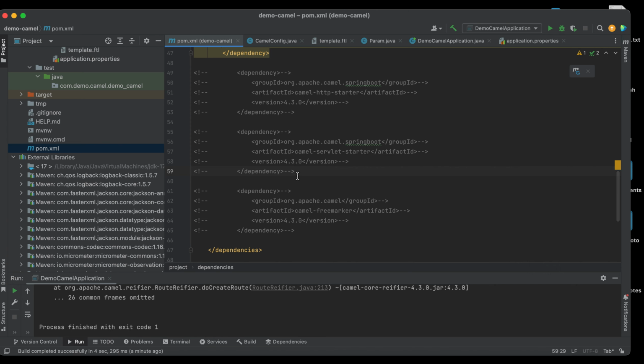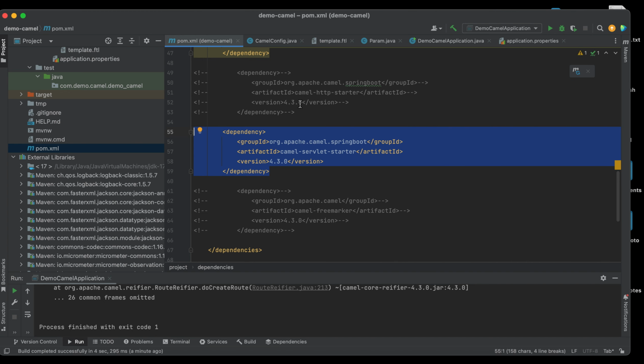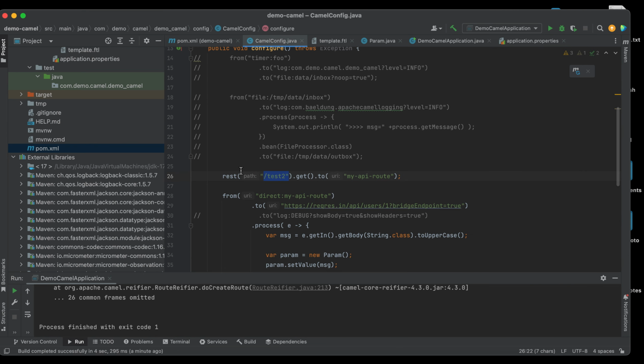For the REST endpoint, we basically need the Camel servlet starter, the Apache Camel starter to enable the Apache REST endpoint, which is this one.